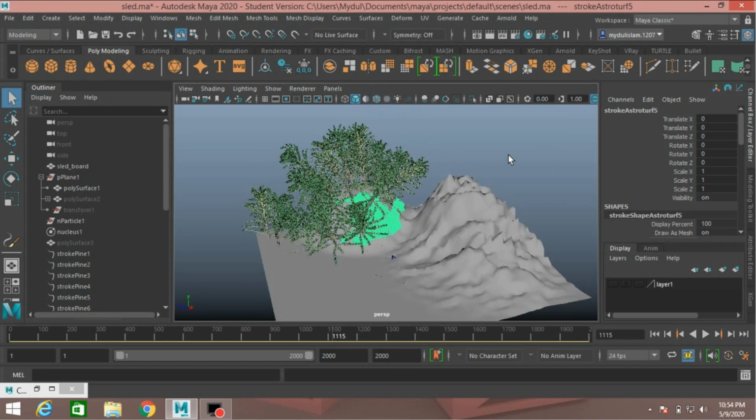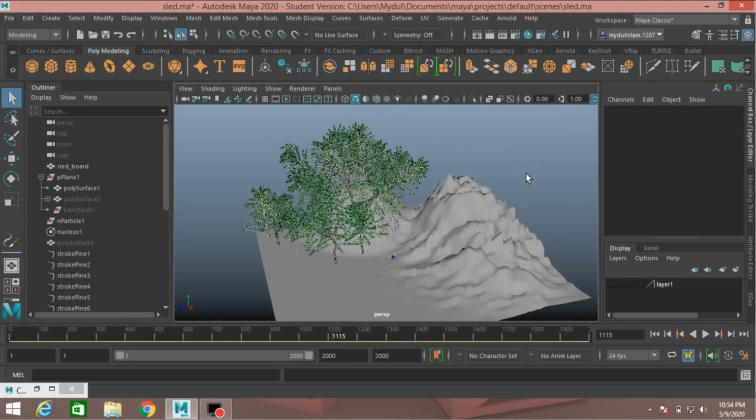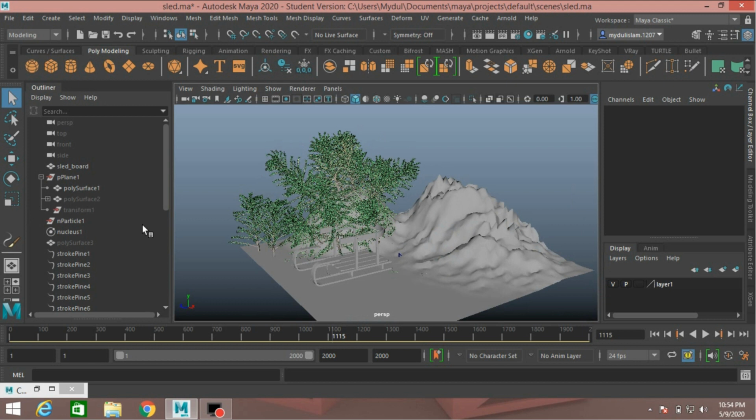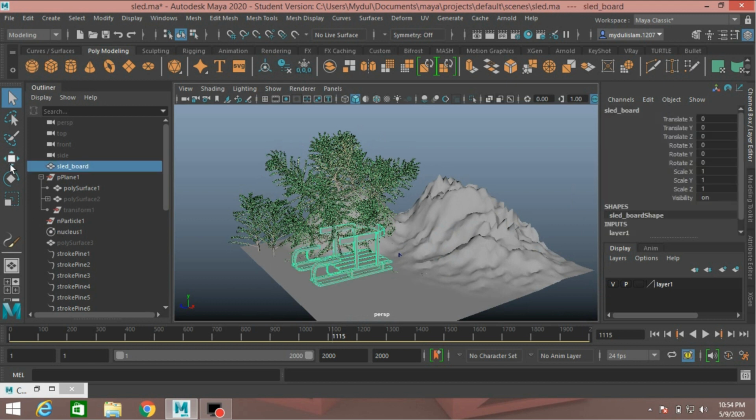Turn off the wireframe on shaded mode. Unhide the slate board. Select it and move it here.